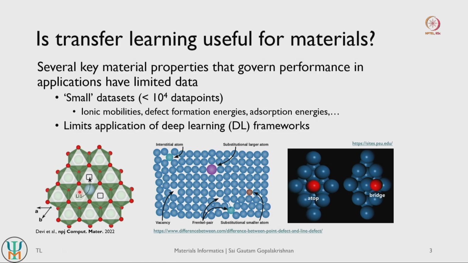But if you think about for how many different systems you actually have this lithium motion quantified, be it in the form of diffusivities or what are referred to as migration barriers that govern diffusivities, there are only a few, let us say 100 systems or so, or a few hundreds of systems for which this mobility data, how quickly lithium can actually move, is documented. So, this is a very important property that governs the rate at which you can charge or discharge your battery, but we do not have this information over a wide range of materials.